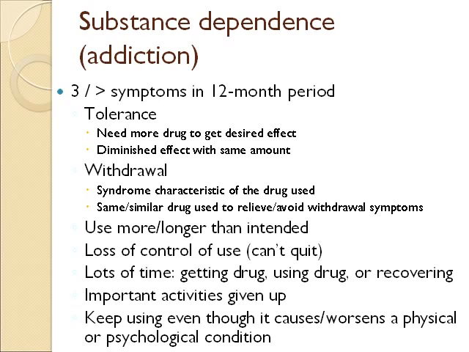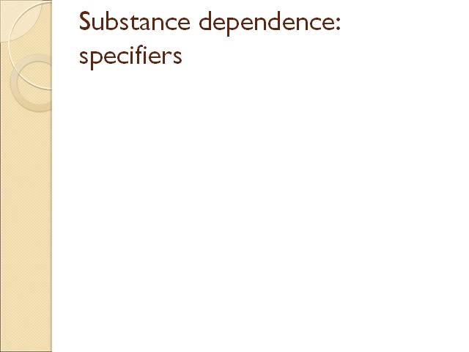Well, if you know it makes it worse, but you can't stop drinking or smoking or snorting, then that's another indicator of dependence. Okay. So you just have to have 3 of those in a 12-month period. And it's not for 12 months, it's within a 12-month period. And then you have your specifiers,